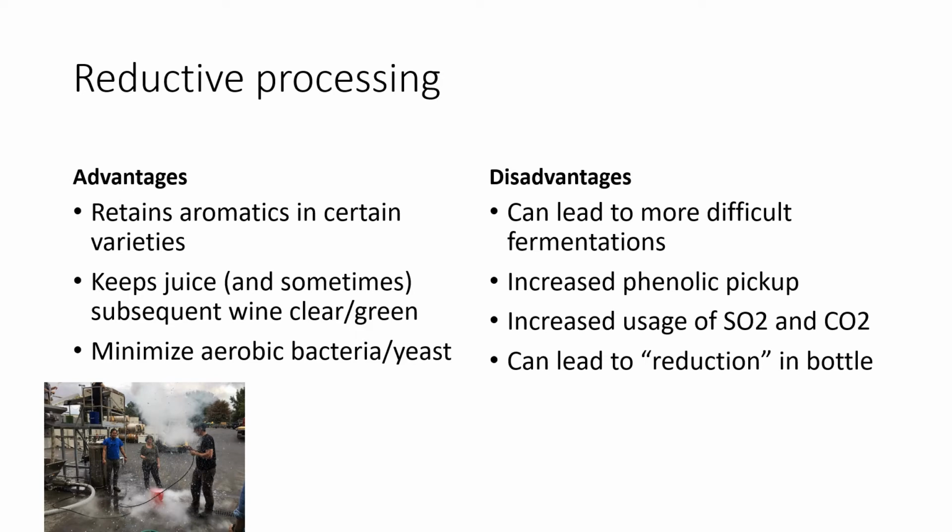Riesling has some oxidizable aromatics to a smaller degree, but things like Chardonnay and maybe even Muscat to a degree have very few oxidizable aromas. Most of the terpenes that are in Gewürztraminer and things like that are pretty stable compounds, so they're not going to oxidize particularly easily. So consider your variety. And then the other times it keeps the